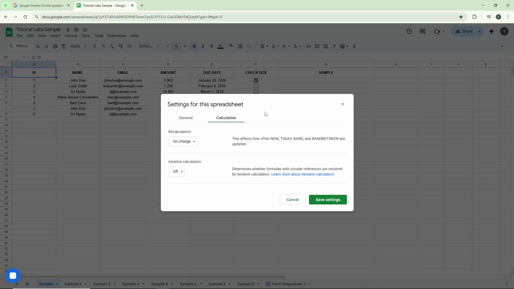In the Calculation tab, you'll see an option called Recalculation. This feature determines how often your spreadsheet automatically updates its formulas and data. Click on the drop-down menu located directly underneath Recalculation. You'll be presented with several timing options. Select On change and every minute from the list. This setting ensures your spreadsheet recalculates not only when changes are made, but also automatically every 60 seconds, keeping your